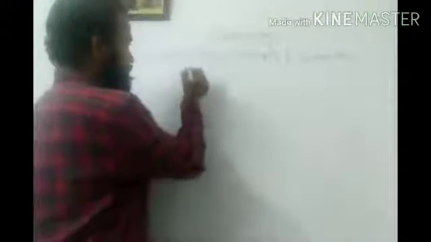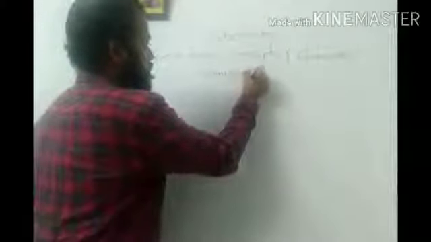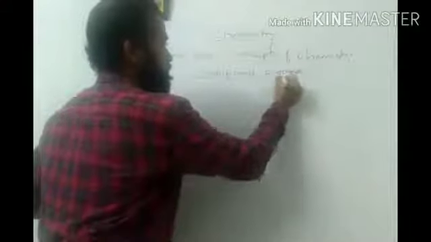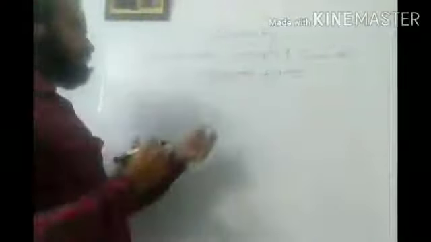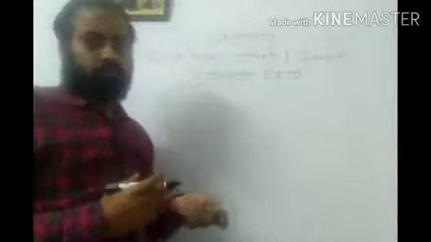So first we are going to study the significant figures. Basically, significant figures can be defined as all certain digits, at least one of which is doubtful. All certain digits, at least one of them doubtful, are known as significant figures. There are some rules, and we are going to discuss these rules one by one.